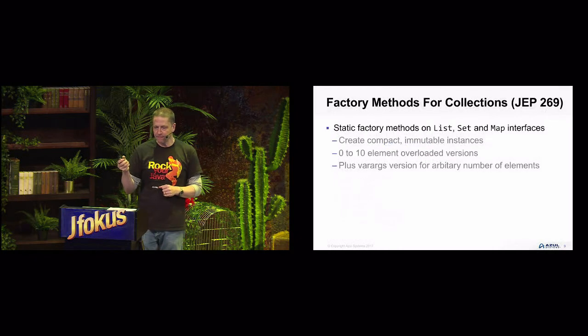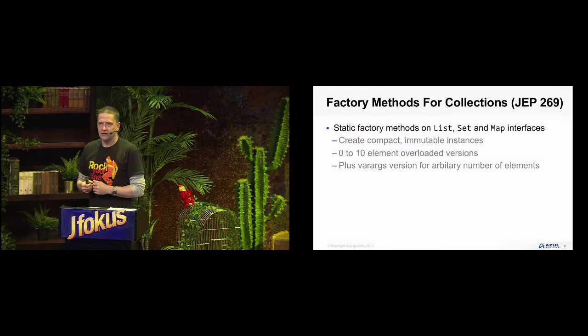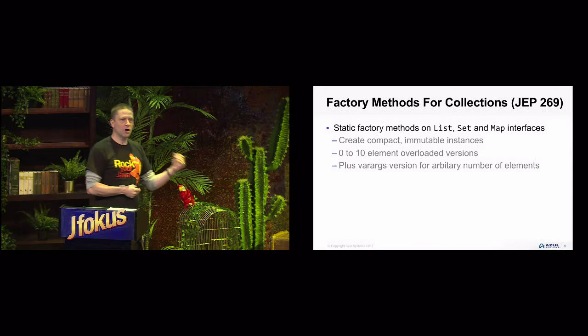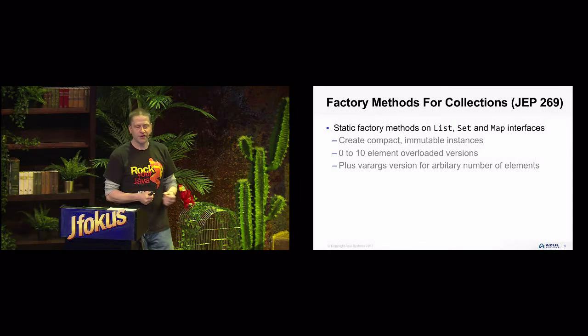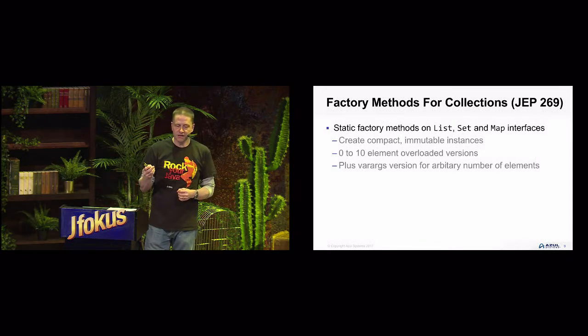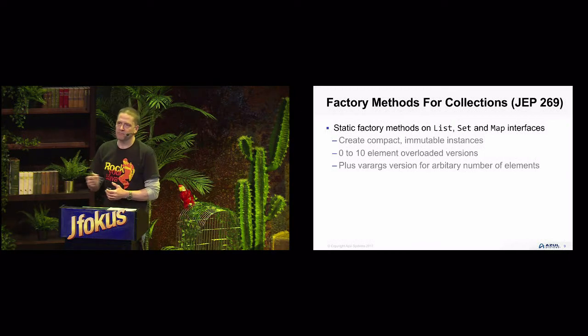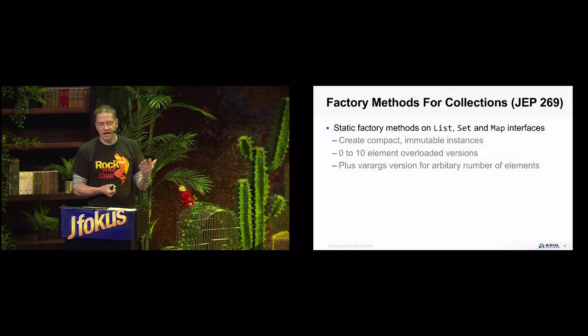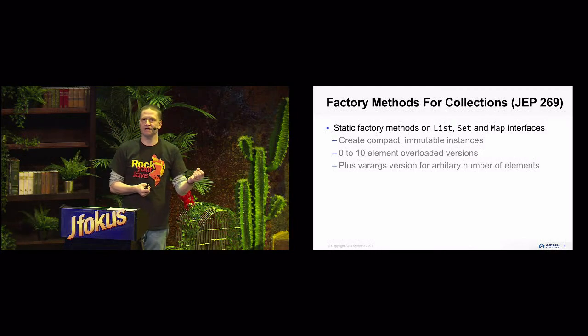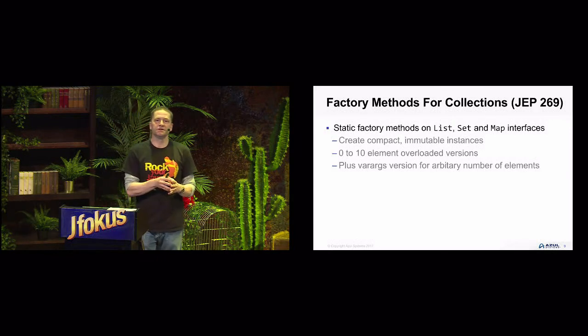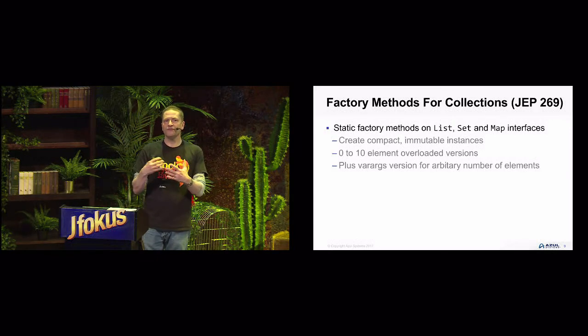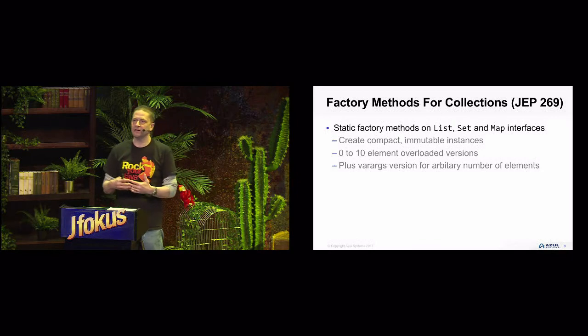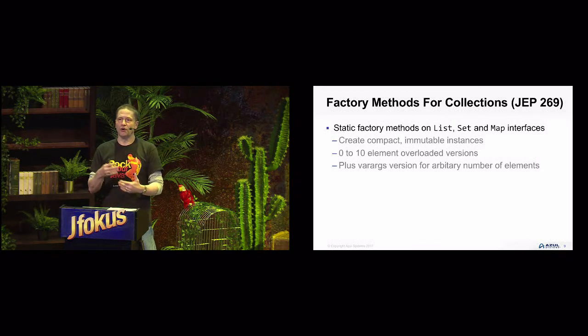Moving on from the idea of modules, other things that we have in terms of APIs. One of these is the idea of adding factory methods to collections. So the collections API has been around for a long time, and we have three key interfaces. We've got list, we've got set, and we've got map. The problem is that up until now, it's been rather verbose in terms of creating a small collection of fixed